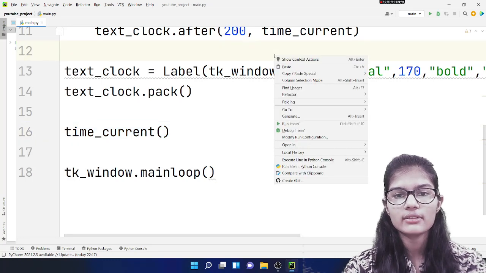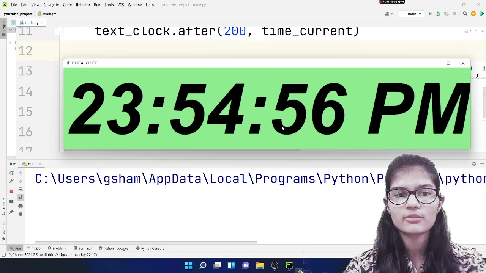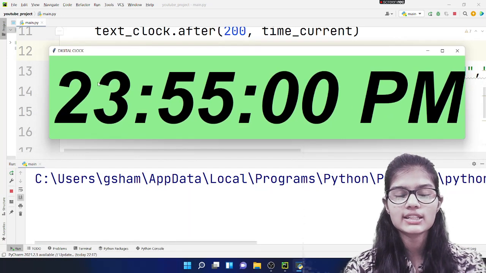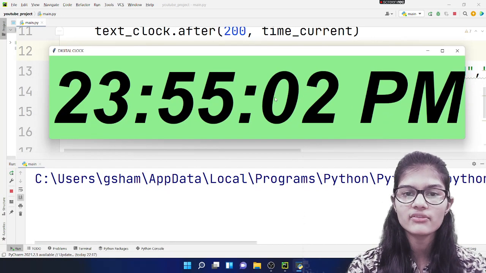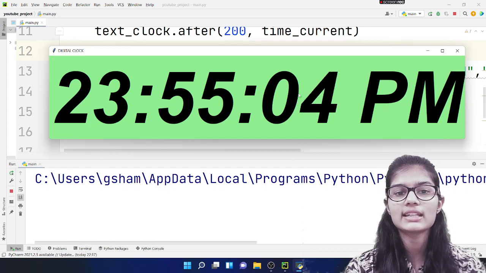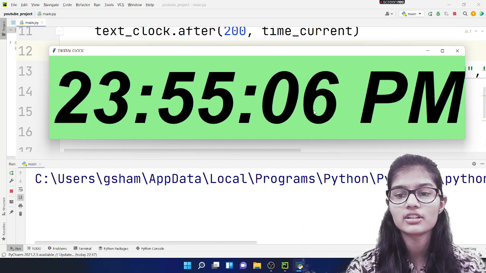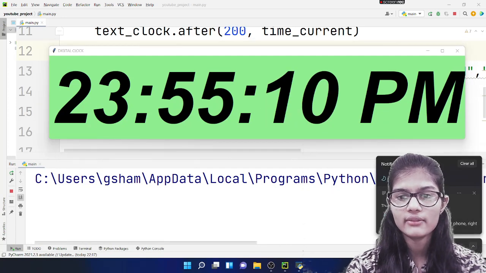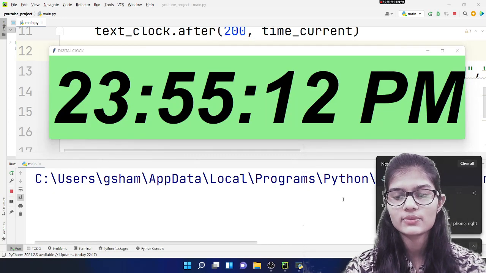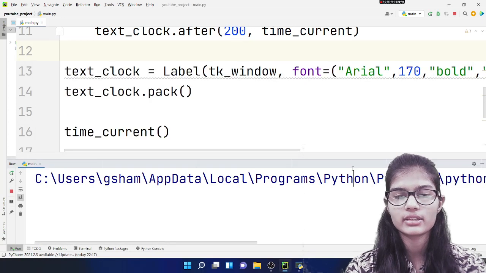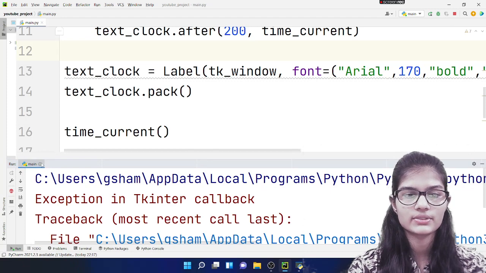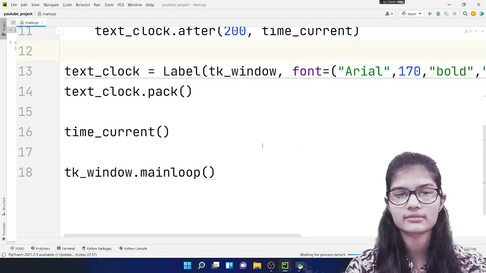Now I'll be running this program. Let's see what output we are going to get. And it's great. See what we are getting here: 23, 55, 02, 03, and my seconds here are actually moving. And yes, that's the current exact time which I am having right here. So it's Saturday, 23rd of October. That's a different thing. Okay, I would just stop it running here and close this.